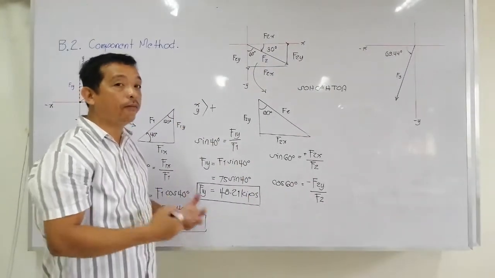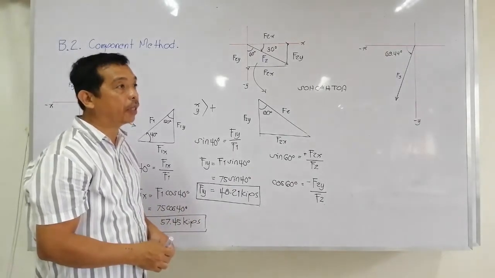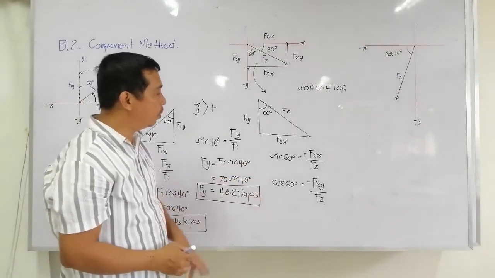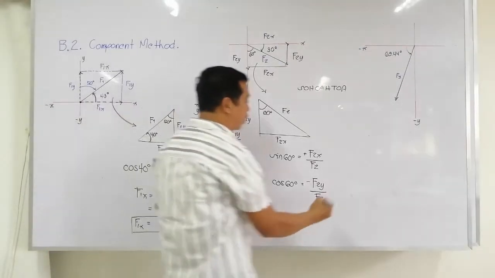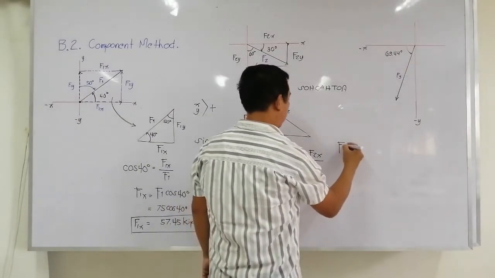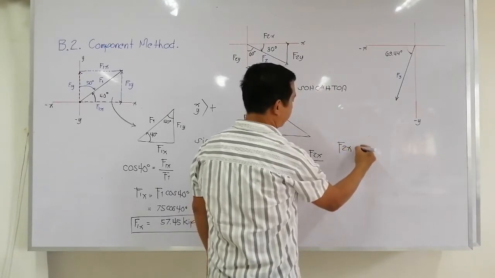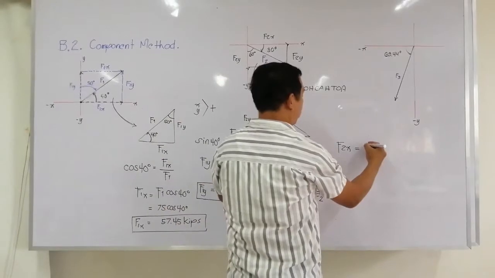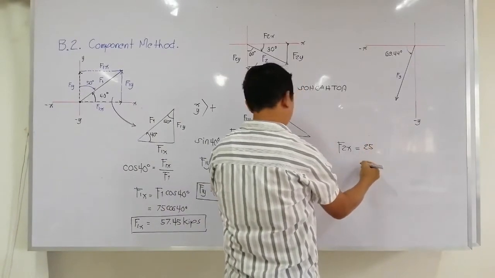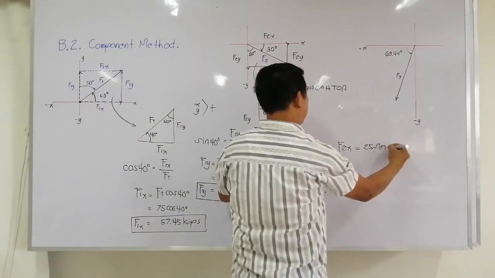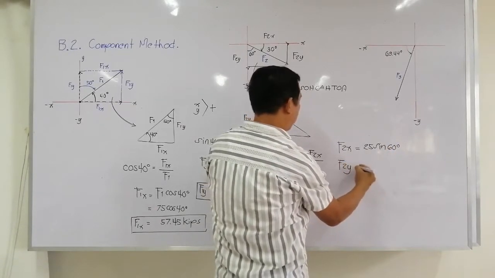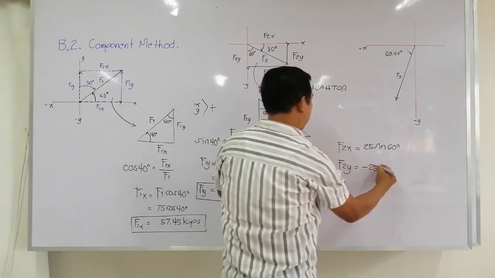It's because siya ay nasa fourth quadrant. Fourth quadrant, positive x, negative y. So transposing, makuha natin ang values ng F2x at F2y. For F2x, we will have it as F2 25 kips times sine function of 60. For F2y, magiging negative 25